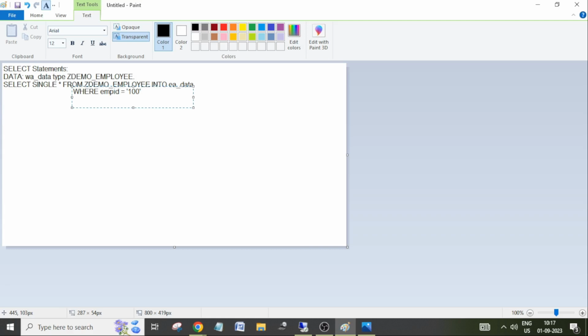Okay, clear? When you are passing the values like that, please keep in mind that if it is a character type, you need to enclose it in single quotes. If it is a numeric type, you don't need to use single quotes. Okay,